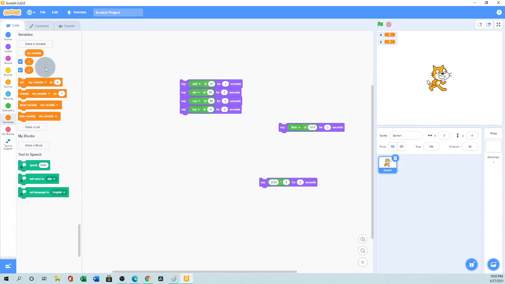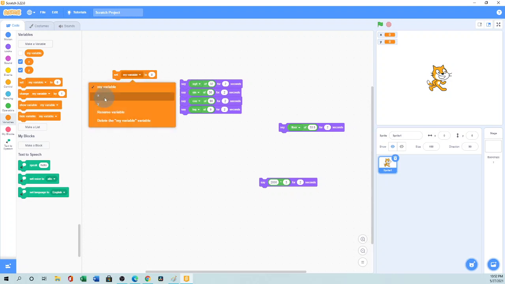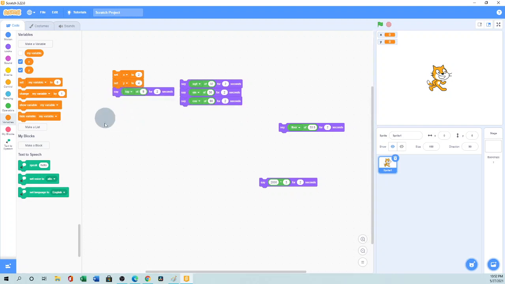Now here in the variable section, it has the set. So we'll take this set, and in the drop down we can get the value. Set x equal to, suppose, 2. Then we want to set y equal to 4. Now we want to do something. Suppose we want to do like 6 times x. So if we want to set that